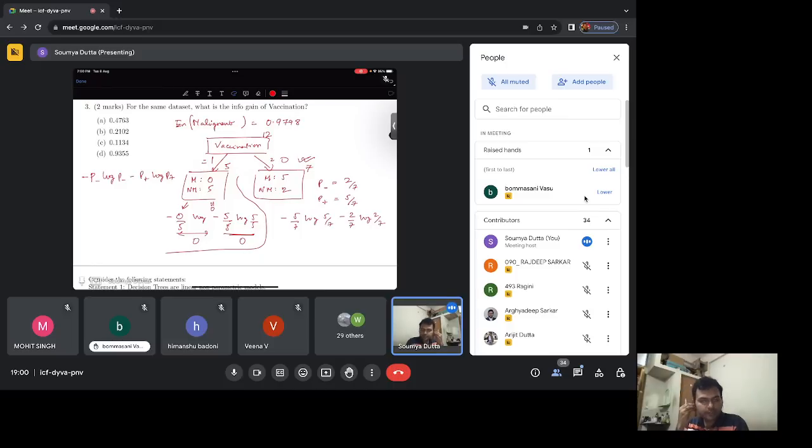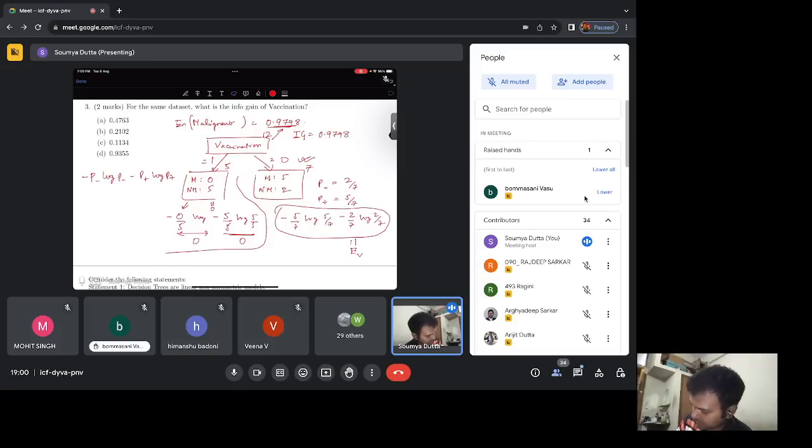This becomes the entropy of this particular node. Now the entropy was 0.9798 at this stage, and after splitting on vaccination, I don't know what this value is. Let's say I am calling it EV. So your information gain, IG, would be